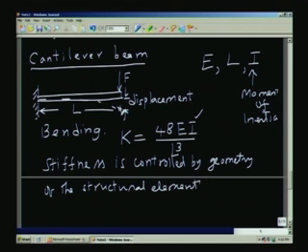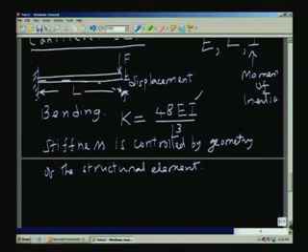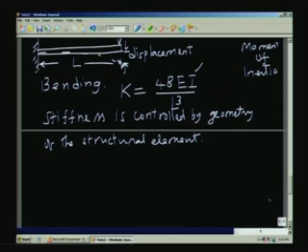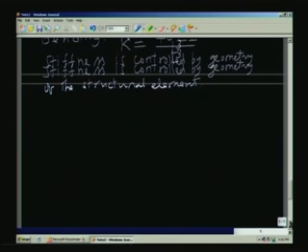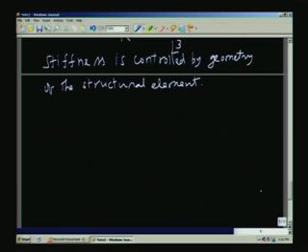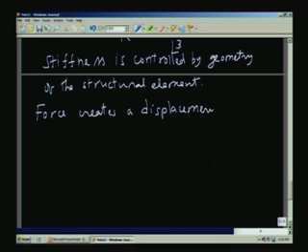So, a cantilever beam can be used; all you have to do is, in the cantilever beam case, the force is determined by F equal to ky, where y is the displacement. So, displacement is going to determine the force. In other words, you can see now for all the examples I have given till now, the effect of the force is to bring about a displacement. So, you can generally say that force creates a displacement, and in our terminology of measurement, displacement is a measured quantity.